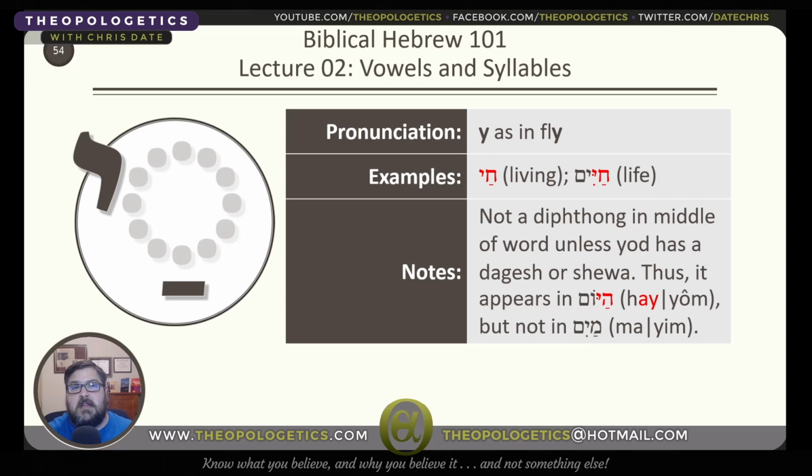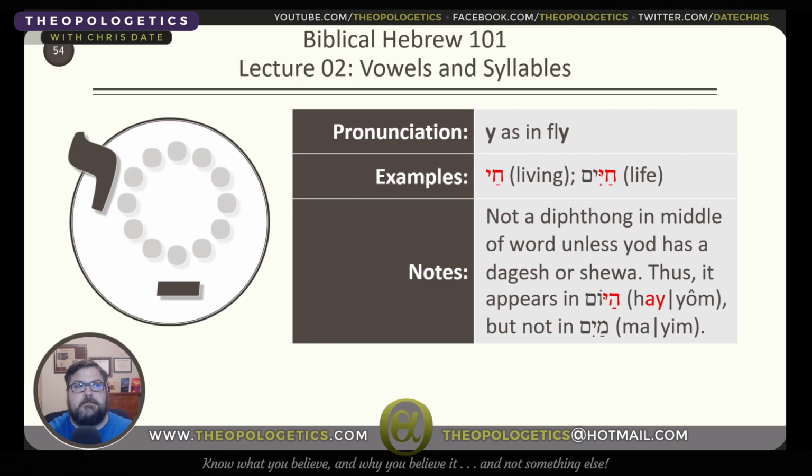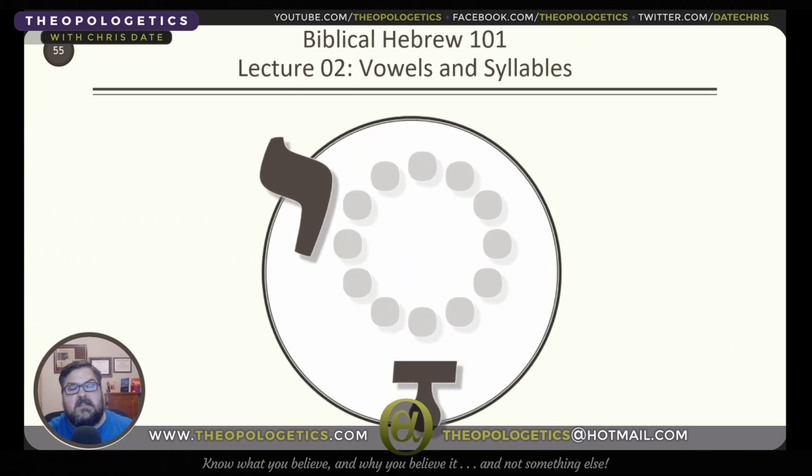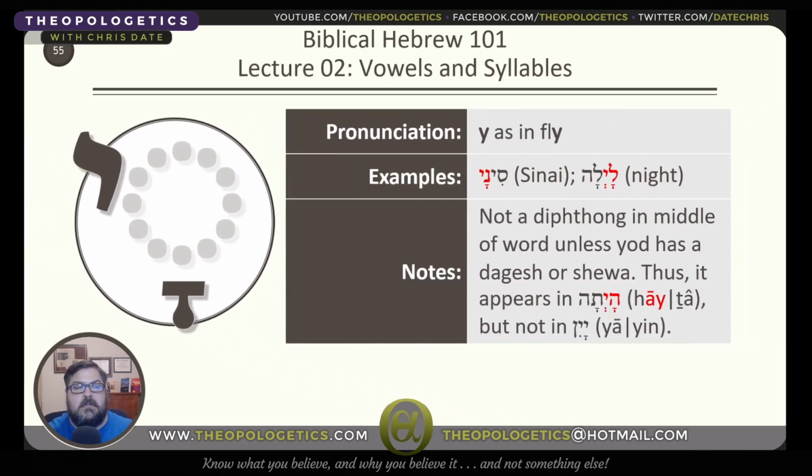It's not a diphthong. It's ma-yim. Okay? Next diphthong is a kametz followed by a yod, but this is pronounced the same way. The Y is the Y in the word fly. So Sinai is Sinai, and Laila is night, and both of those have the diphthong I, kametz followed by a